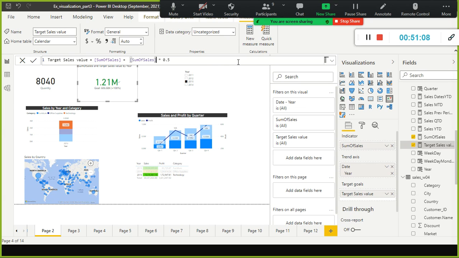Sum of sales. This is the one, and I am going to use the parenthesis here. So 0.5 instead of that, right? Yeah, 0.5 is okay. 0.5 of my sales plus this one, that is the target. Let us assume that way. So in this case we have achieved more than 100%, right? So here we are falling behind.